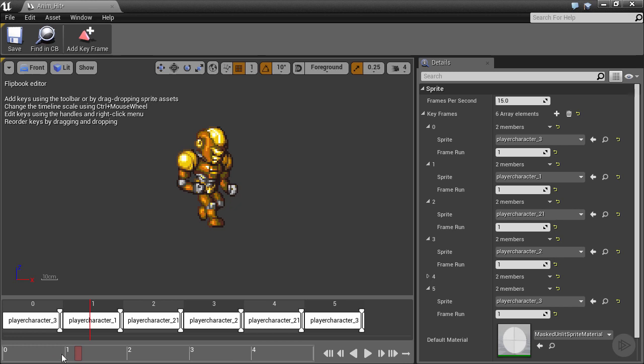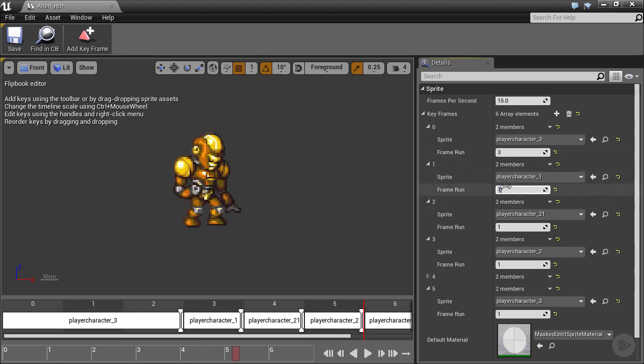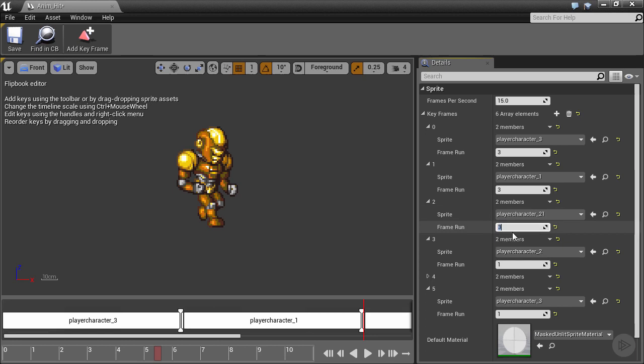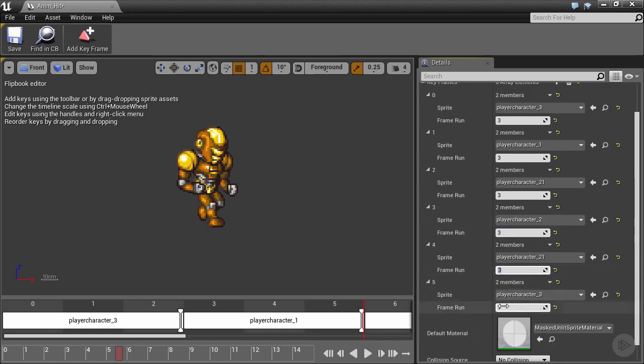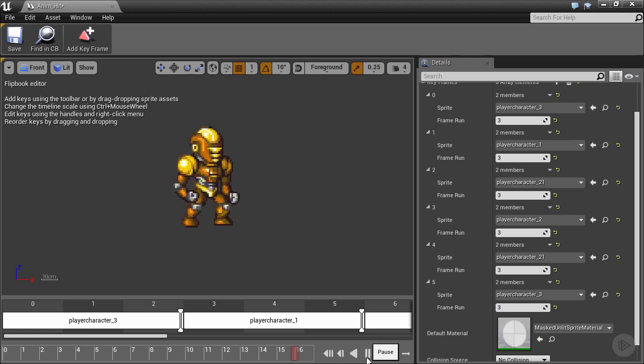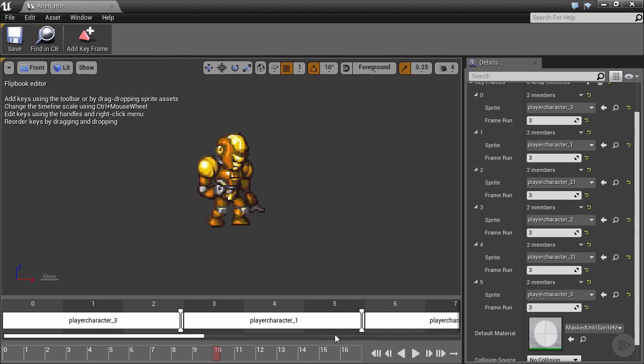Oh, we don't want to loop. We want that to run just straight through while we preview it. It's still really fast. Oh yeah, the frame run is set to 1, so we'll do a frame run of 3 to start for each of these keyframes. And okay, getting a little better, getting a little slower,